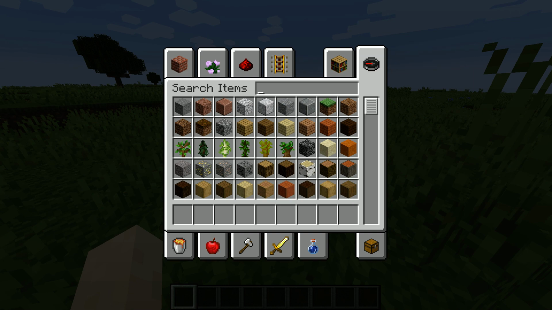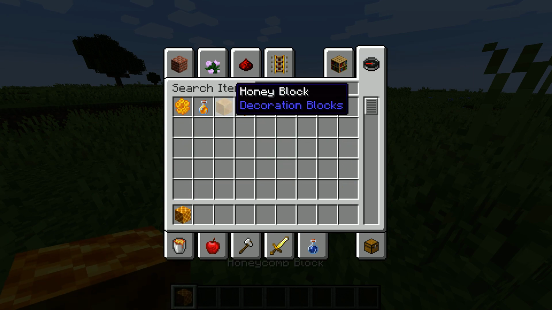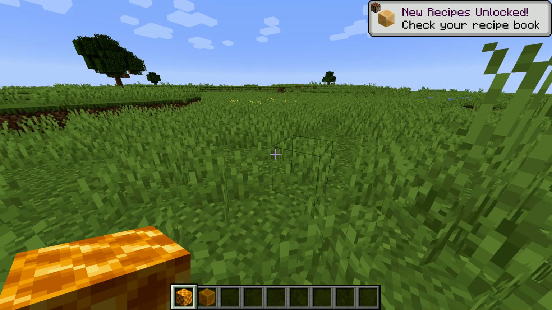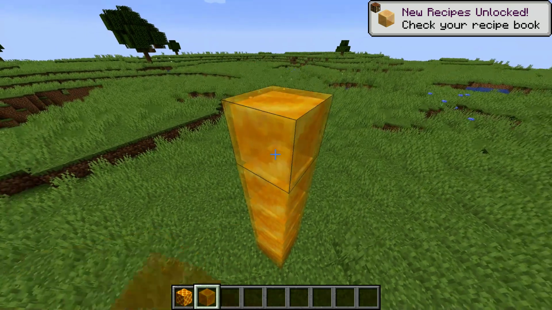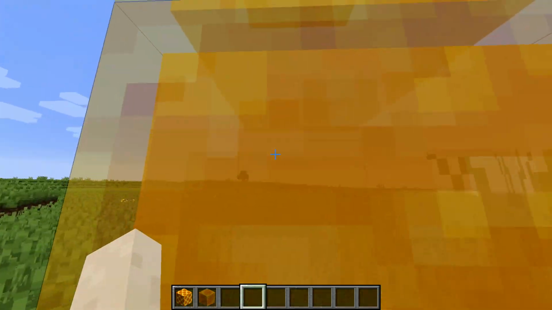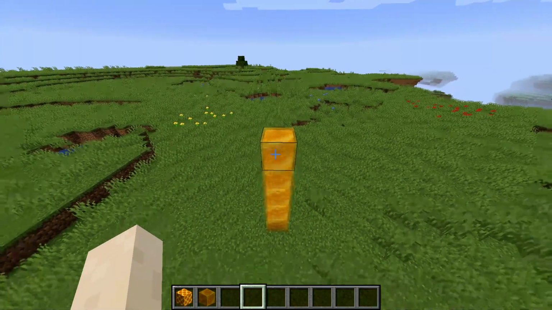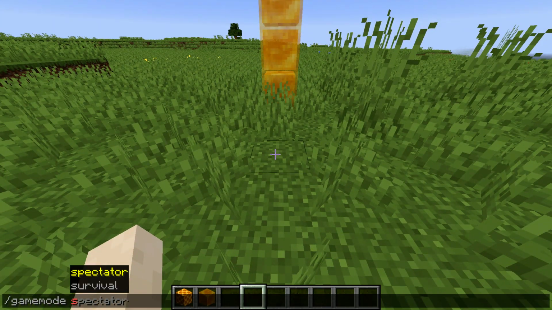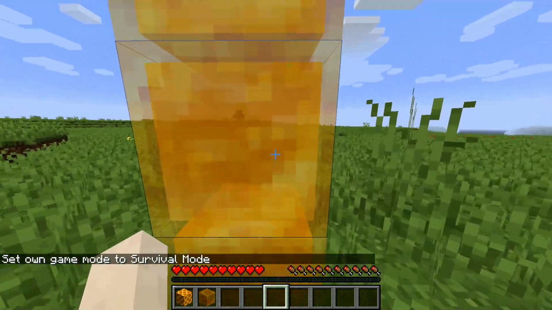So in the latest update we got these blocks. We got honeycomb blocks and honey blocks. And these are like ladders or something, aren't they? I think they're like ladders, these things. Let's have a look. Oh, wait a minute. I just want to see how they work, because I literally haven't seen this yet. I mean, I've seen it. I saw it at Minecon, but...